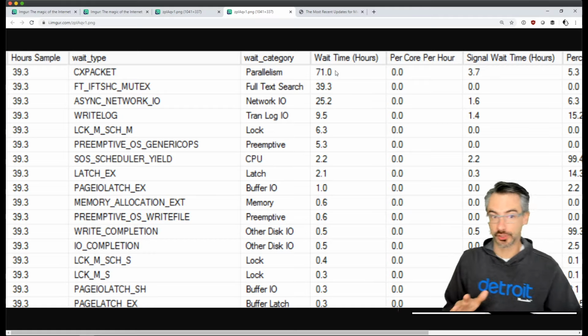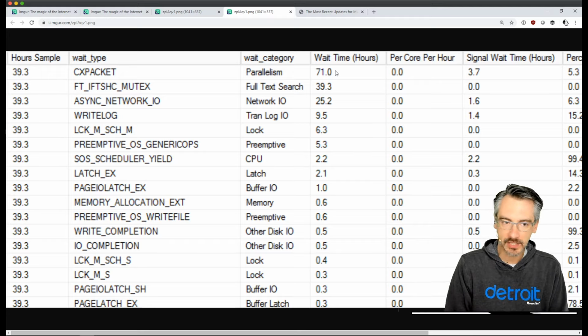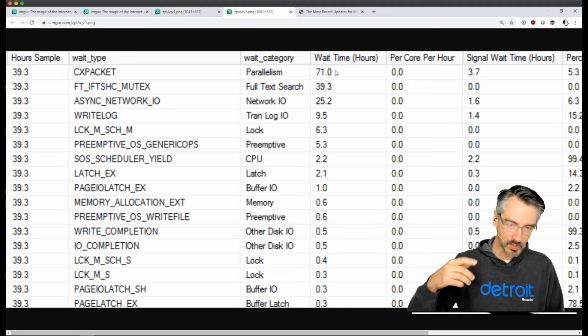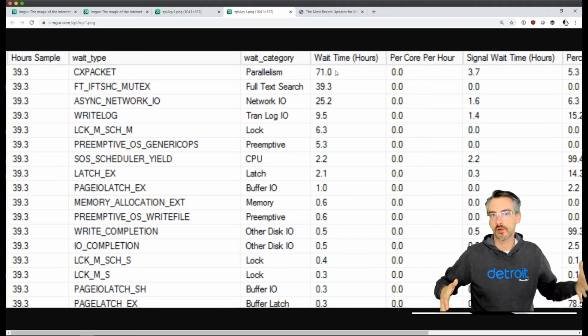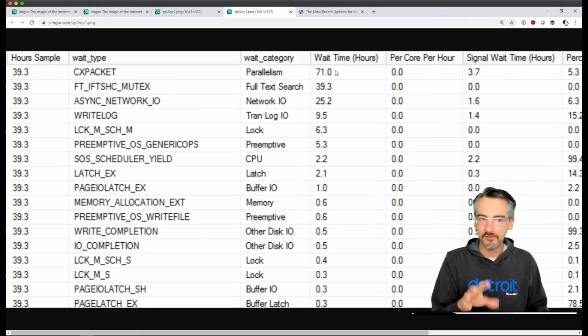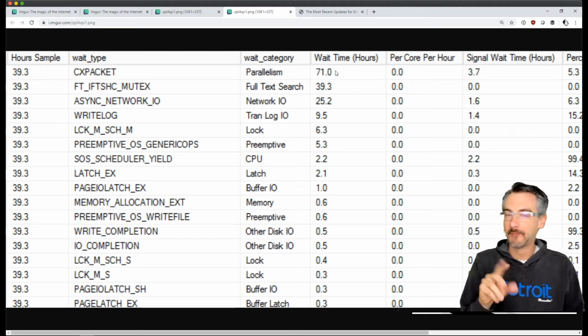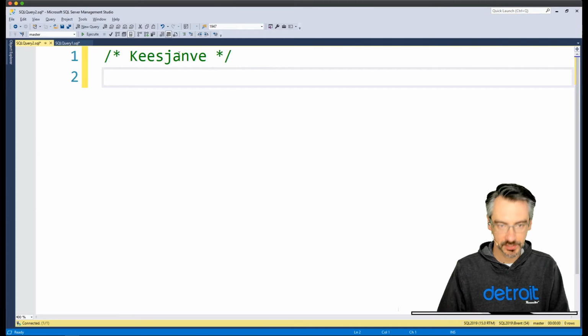But you know, this isn't urgent. Your server's not on fire. This isn't really a bad wait stats situation. What I'll usually do is then go drill a little bit deeper to see why our query is going parallel. And just at a glance at your wait types, I have a feeling they might be going parallel because maybe somebody hasn't set cost threshold for parallelism and max DOP.